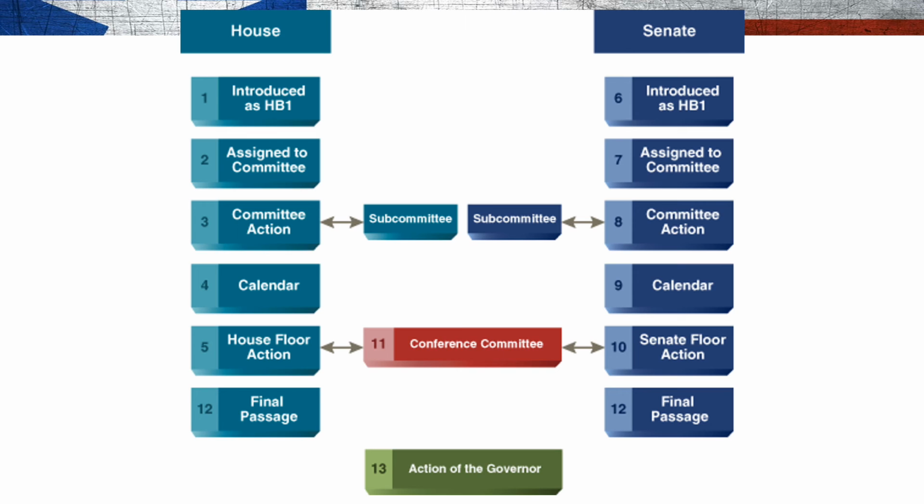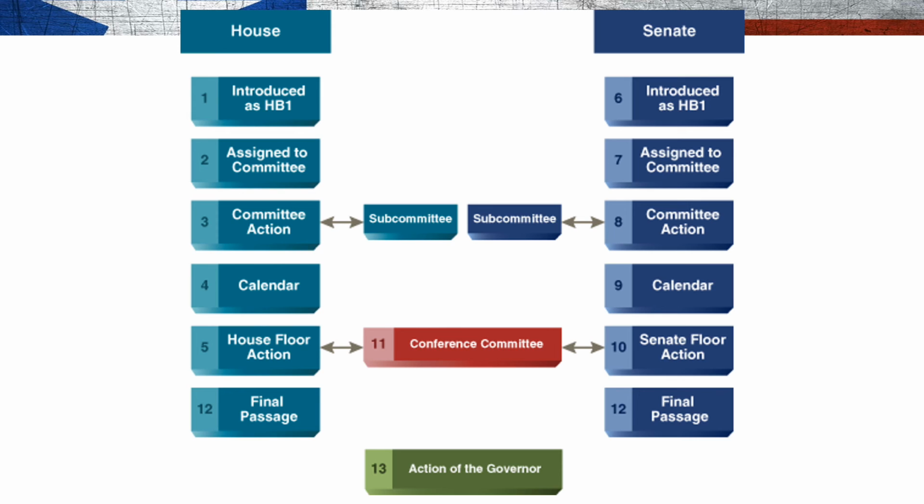Okay, so let's talk about how a bill would go through this different progression. So I will try to write on again. Let's use green. So let's say, for example, a bill can be introduced in either the House or the Senate. So let's say a bill's introduced in the Texas House. Only a representative may introduce a bill in the House, and only a senator may introduce a bill in the Senate.